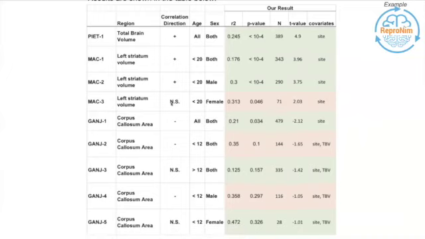Somewhat interesting examples: the MAC3 hypothesis said that the left striatum volume in under-20-year-old females was not significant, whereas in our little study, we see a significant correlation between left striatum volume and IQ. So maybe that one was a little bit underpowered, and with this larger data set, it becomes accessible. And conversely, there are places that showed a negative correlation with the corpus callosum in children under 12 in both sexes, and we don't see that in our particular data set, etc.